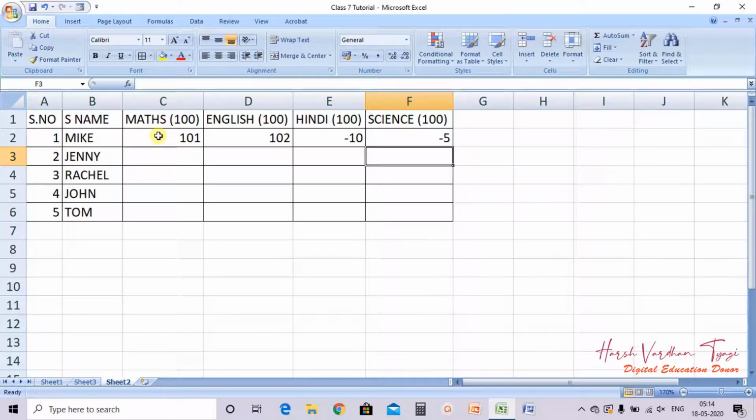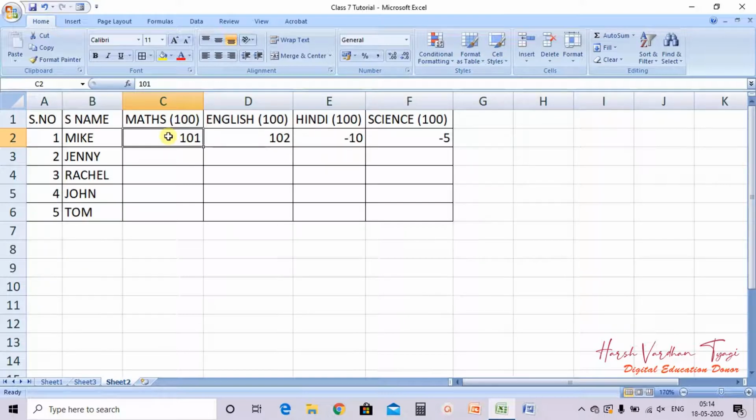but these values are wrong, because marks cannot be 101 out of 100. Out of 100, a student can get a maximum of 100 marks. But if he is entering 101 or 102, or minus 10, because marks cannot be less than 0, either a student will get 0 or numbers ranging from 0 to 100.